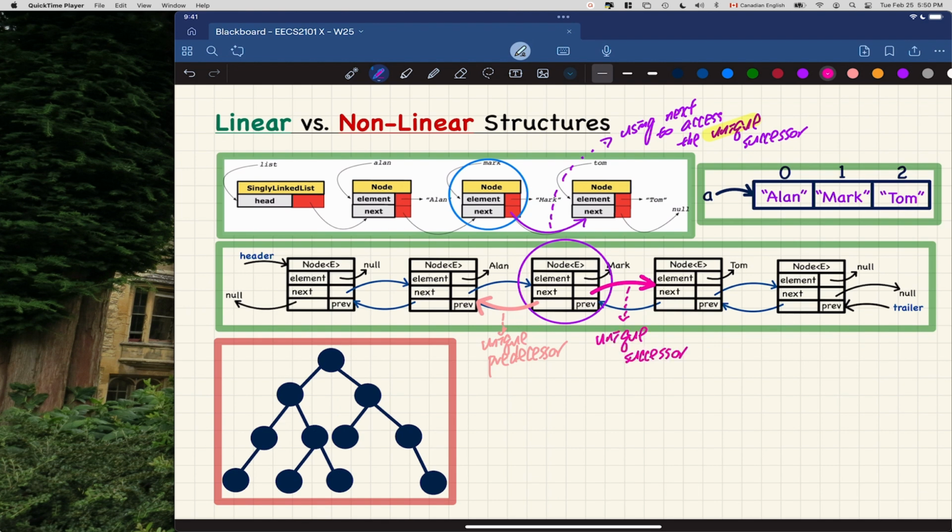All right, what about array? Similar idea, but it's just that we don't have the next or previous reference. What we have is just indexing, right? So let's make it a little bit more general. Let's say I'm somewhere in the middle, right? If this is index I